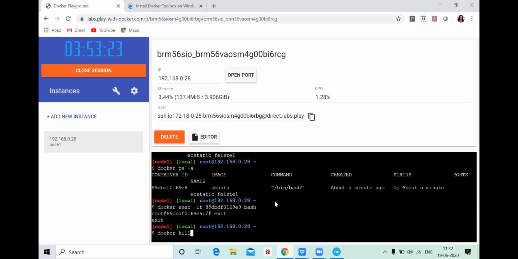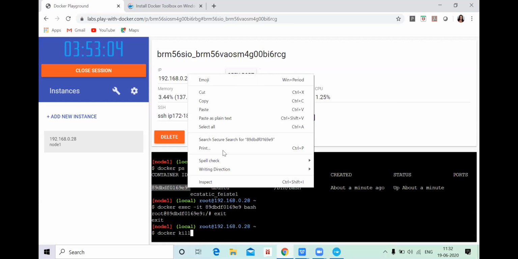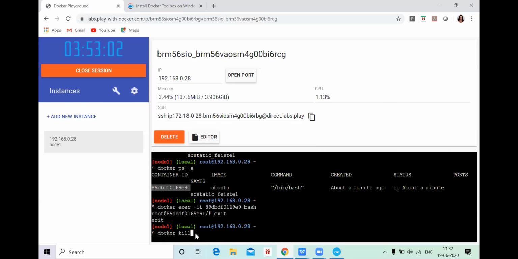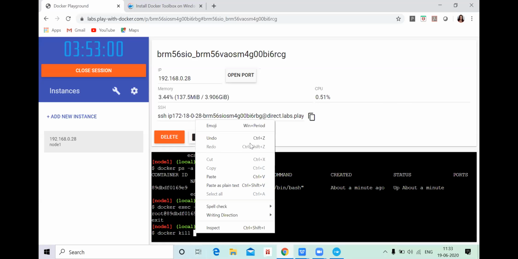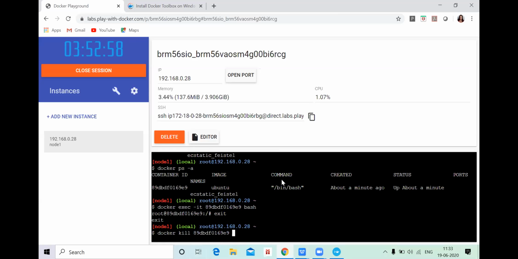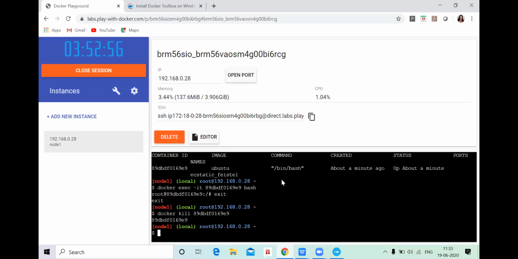So we will show you how docker kill works. Docker kill space, then paste the container ID, enter. Now you can see the container has been killed.